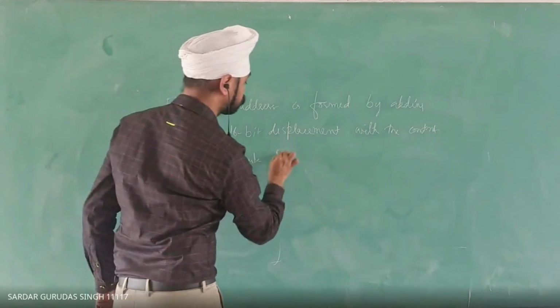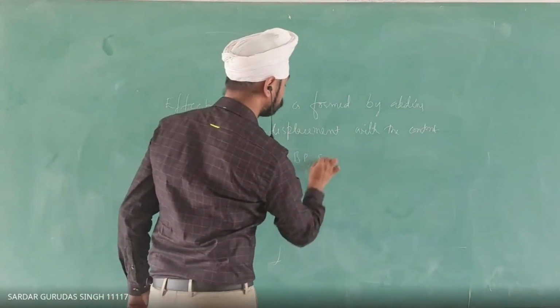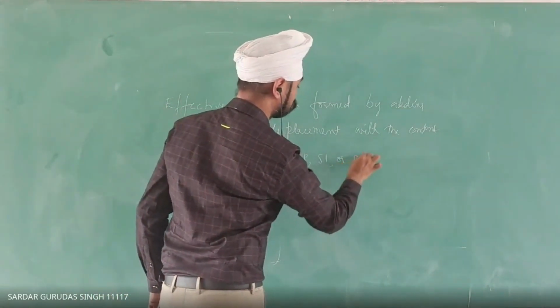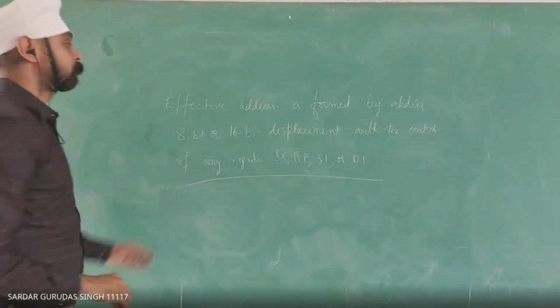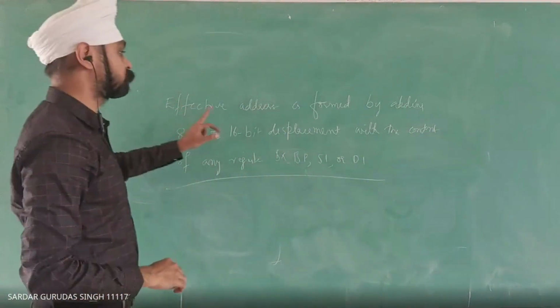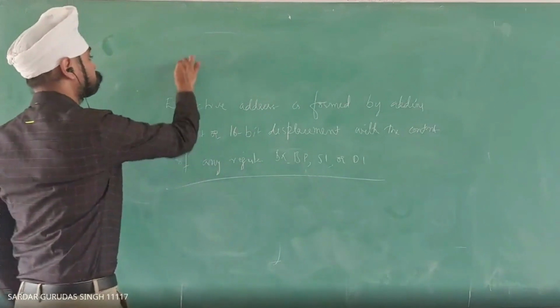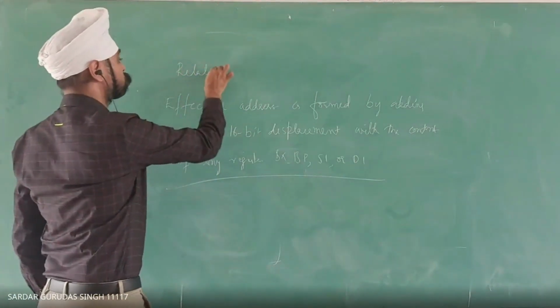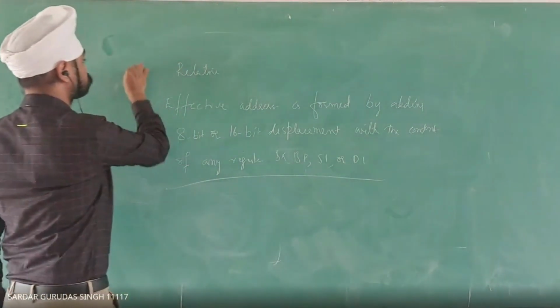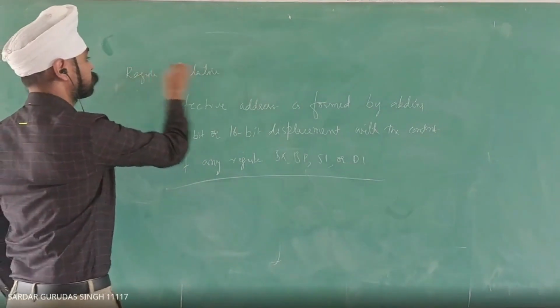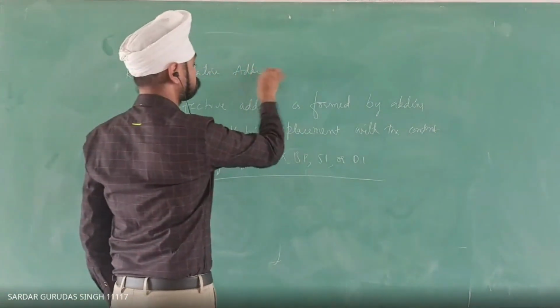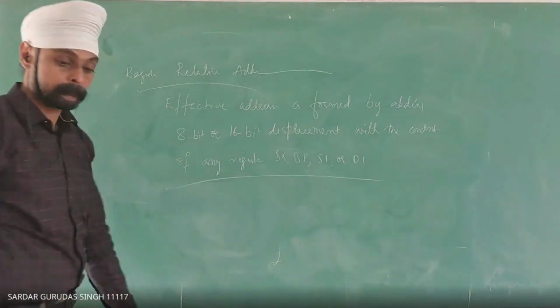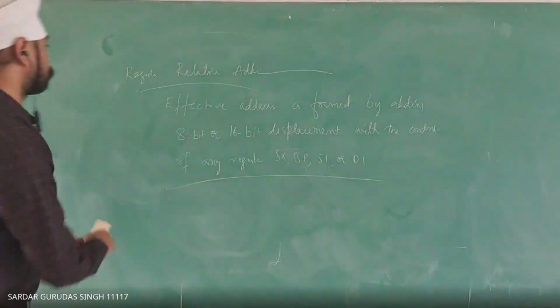It may be BX, BP, SI or DI. This is how the effective address is formed. In which type of addressing mode? Register relative addressing mode. The next one is